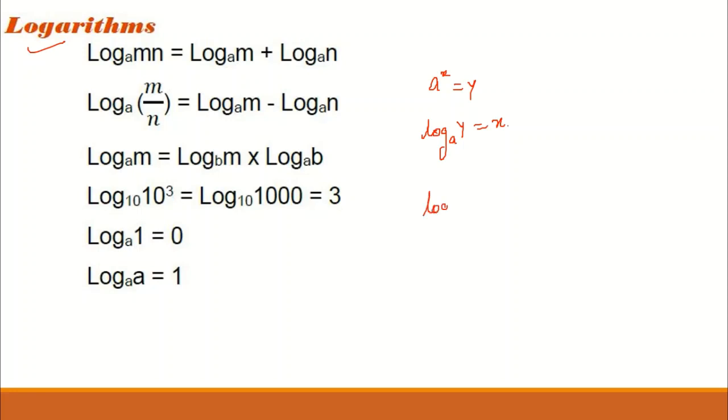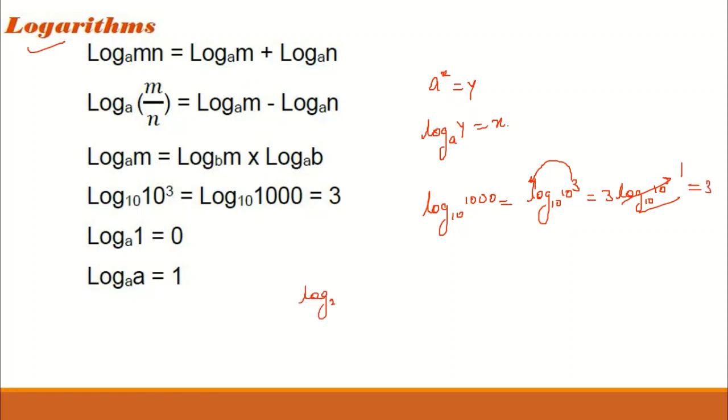Let's suppose I want to calculate log base 10 of 1000. Then it will be log base 10 of 10 cubed, then 3 will come ahead as we have discussed in the previous lecture. Wherever the base and this number are the same, it will become 1, so the answer will be 3.